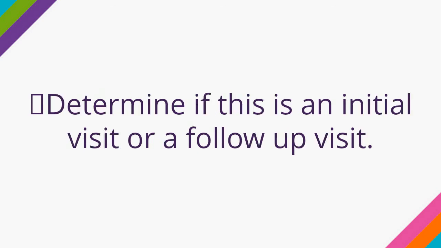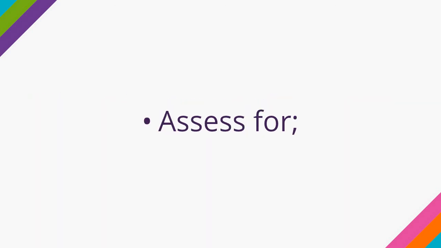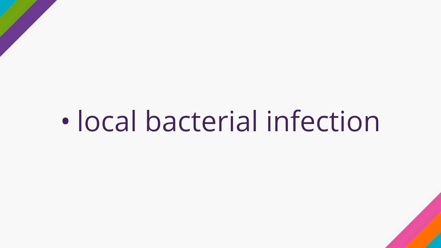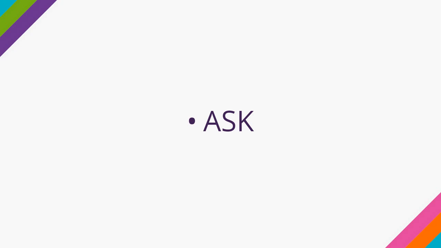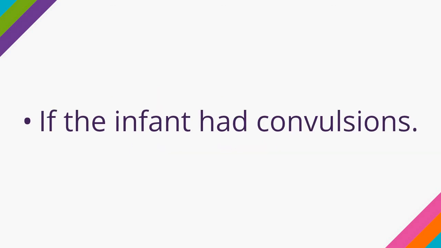So, the IMCI process is about assess, classify, identify treatment, treat, and counsel. During assessment, you ask, look, and feel. During classification, we have color codes: green, yellow, and red. Okay, then treatment, you can apply your pharmacology in identifying treatment and also in treating the child. Then you can also counsel the mother,